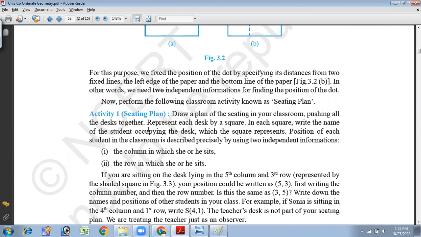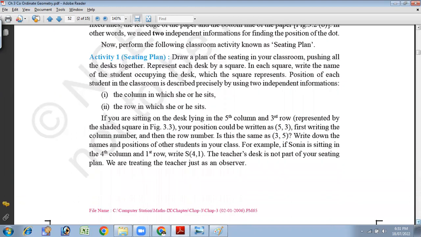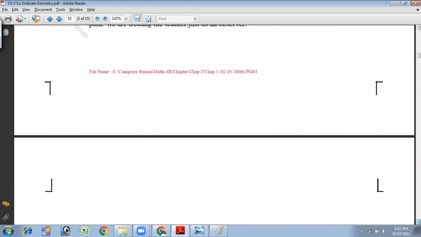So whenever you are looking at your sitting plan, first of all you just find the block number. Which block number? Information number 1. Then where is your seat number? Second information. Means there also you need 2 pieces of information. How many pieces of information? 2 pieces of information. Yes. यहाँ पर देखो वही दिया है उन्होंने एग्जाम्पल एक्टिविटी नंबर 1 में। ठीक है,